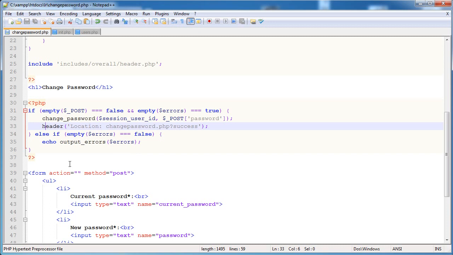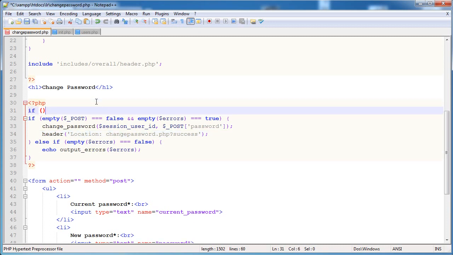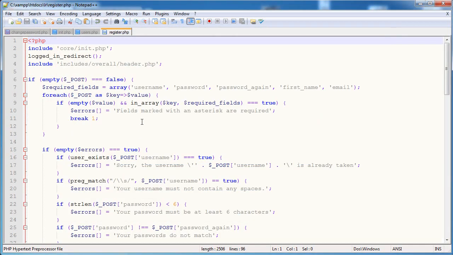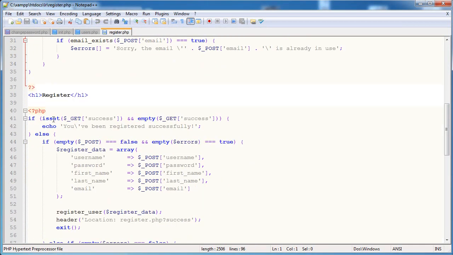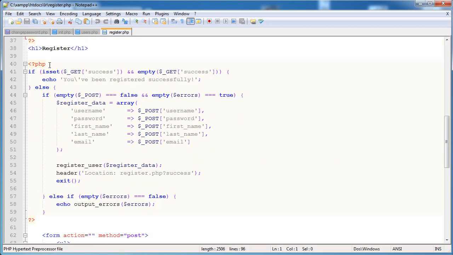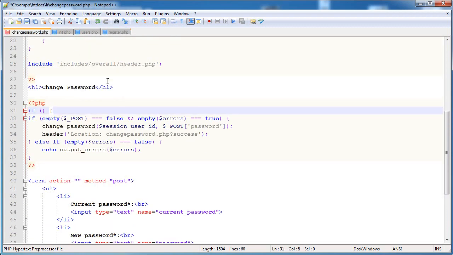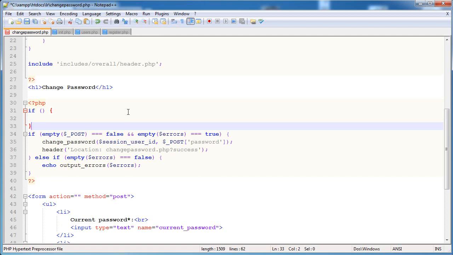We did that in register.php. And all we did here was we said if, what did we do? Let's go ahead and just check this, because it's really good to keep consistency through here. So we essentially said if this success variable on the end of the URL has been set, then echo this out. Otherwise, and we go all the way down and we include the form in this as well, because once the user's been successfully registered or they've changed the password, we don't want to show the form again. So if, and here this will be the block